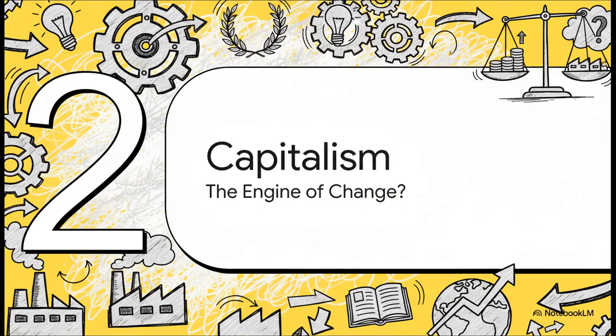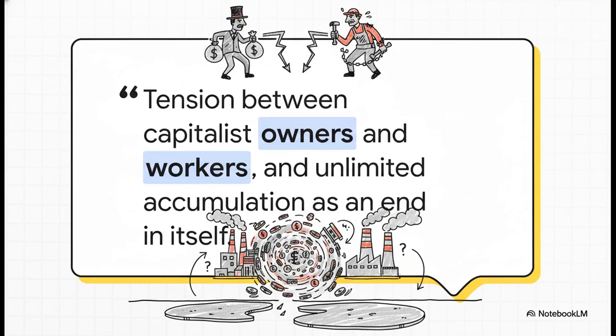Well, one of the biggest and most controversial answers is the rise of a whole new system, capitalism. And man, it's a word that means a lot of different things to a lot of different people, including some of history's most brilliant thinkers. For Karl Marx, capitalism was all about conflict. He saw it as a system with this relentless, compulsive drive to accumulate wealth. And it was all built on a fundamental tension, a struggle between the people who owned everything and the people who did the work. For him, this created an incredibly powerful, world-changing engine for sure, but it was an engine fueled by some deep, deep inequality.